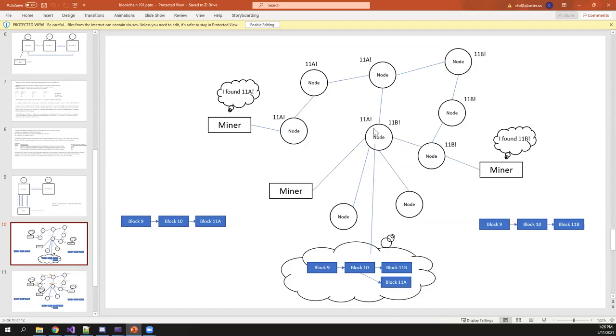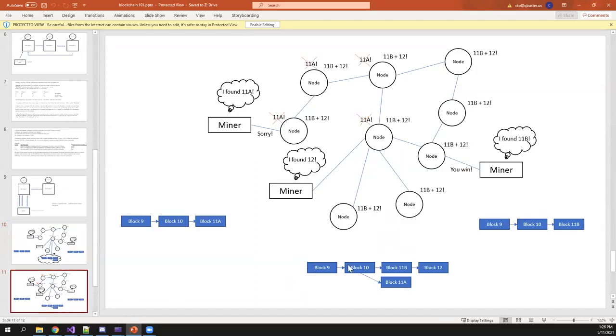But let's say that the place where they're not sure is here. And so this guy says, well, I got 9, it's good. I got 10, it's good. But now I have 2 candidates. I'm not really sure which one to do. So I'm going to keep both of them. This is called a fork. And forking happens all the time. The chain forks, right? But it usually only forks for about 1 or maybe 2 blocks, because what happens in